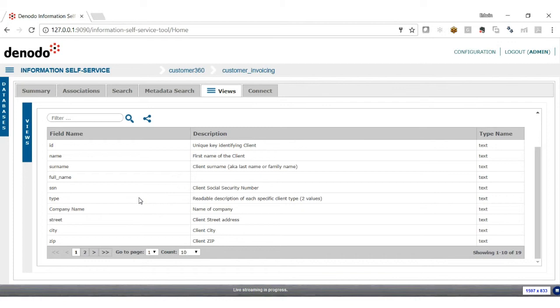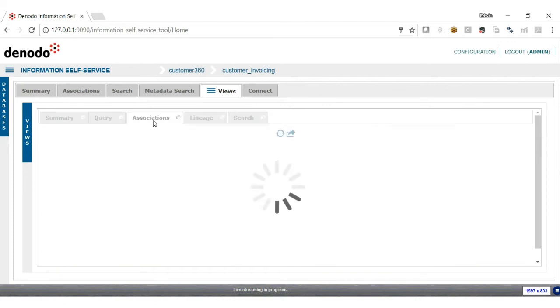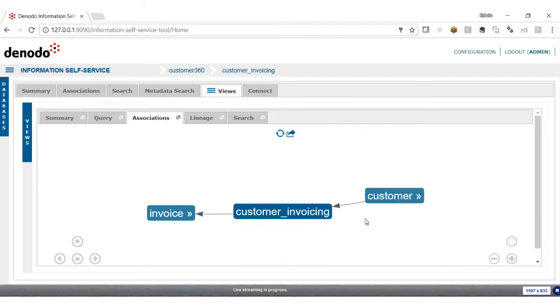So the first thing I'm going to do is click on the Associations tab. So the associations are a metadata object that we create in Denodo, and you can think of this as a primary key, foreign key type relationship. So these associations can exist between different physical data sources, and even they can exist between sources that don't have a concept